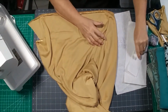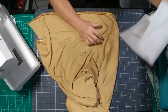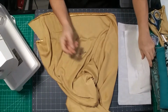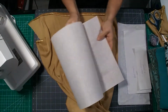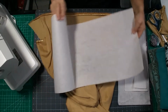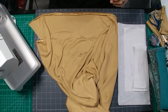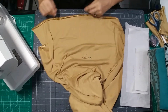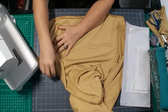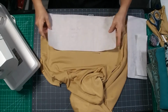And I looked up the patterns online, so I got my sizes. And I've been working with an extra small, small, and medium. I have a large and an extra large, but it's a little bit bigger than what I wanted. So what I did is I just took the measurements and made a paper pattern from the dimensions that I found online. But for the project I'm going to use these for, I think this will be a good size. So just get my fabric straight, lay my pattern on top of it,